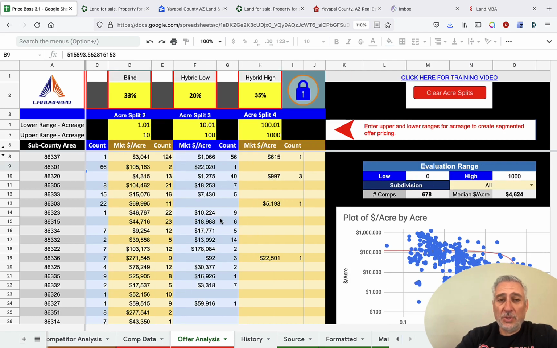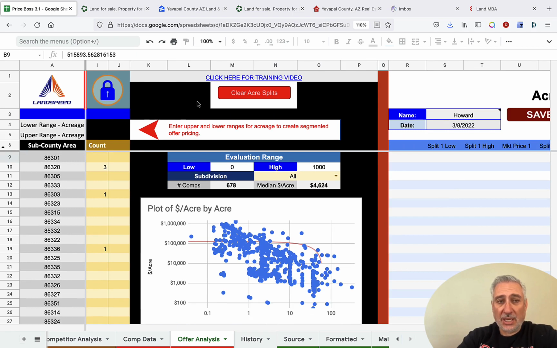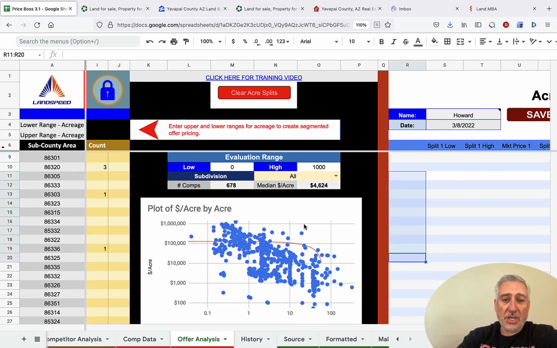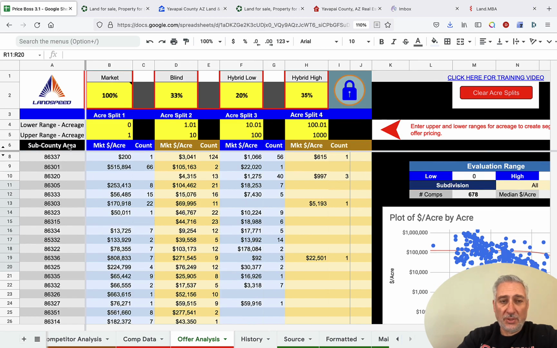Now, there's two ways I can do this. One is I can break this down and just do one zip code at a time, and when I hit this lock button, it'll add it over here and it'll just start building a table. But let's just say that a lot of this I'm just going to go with these splits. So what I'm going to do is I'm going to click